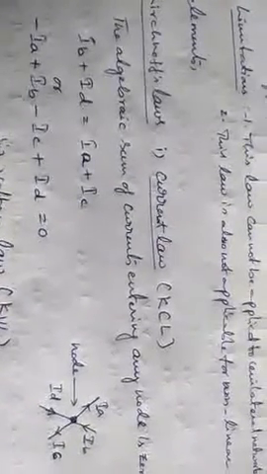The two important laws Kirchhoff developed for solving networks. One is the current law, another one is the voltage law. First we'll see the current law. Current law is very simple. The algebraic sum of the currents entering at any node is equal to 0. Algebraic sum means you have to consider the direction of the currents, and treat them as positive and negative. Normally leaving is negative and entering is positive.